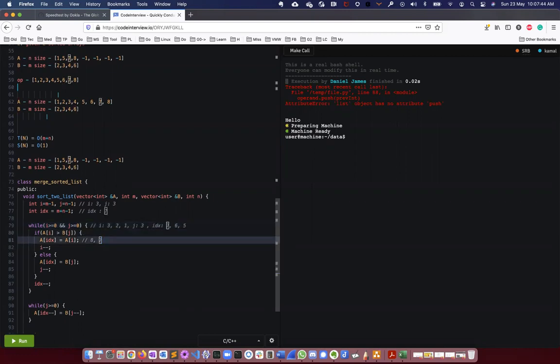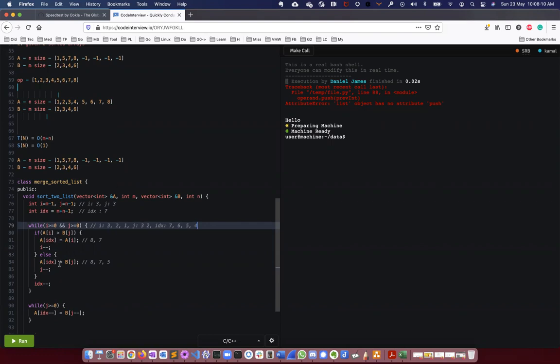Then it will compare between 5 and 6. Now we come to the else part. In the else part, 5 will be added here, and j is decremented by 1 to 2, and index will be decremented by 1 to 4.